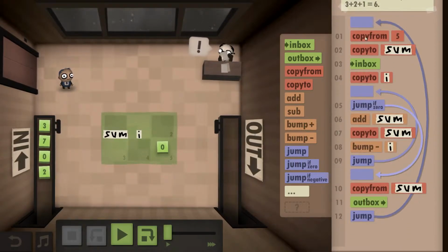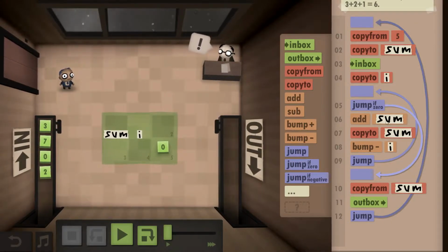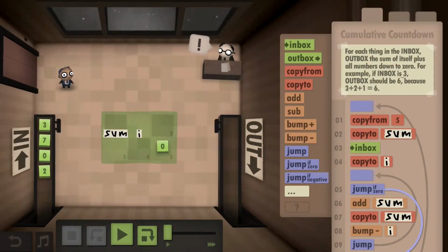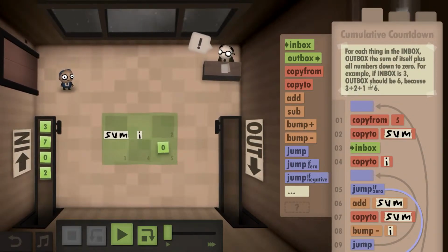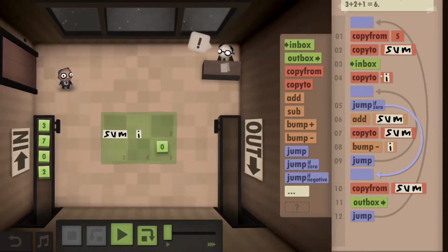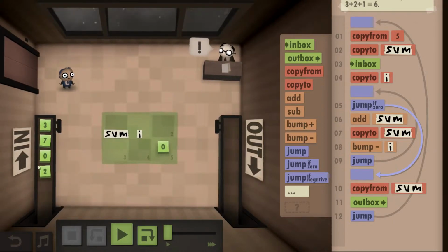So the way I'm going about this is I copy from 5, which is the 0, to initiate a sum, copy it to the sum field, again to start from 0, take from the inbox, copy it to I, and then add the sum. The check for the if 0 is if I hit 0 with my I as my counter. So I count down from whatever I input. And once I hit 0, I know that I no longer have to add more stuff, and I can outbox my result. So if I is not 0, which in the first step it should in most cases not be, there's the exception obviously when you start with 0, but